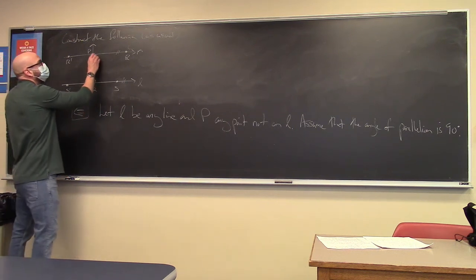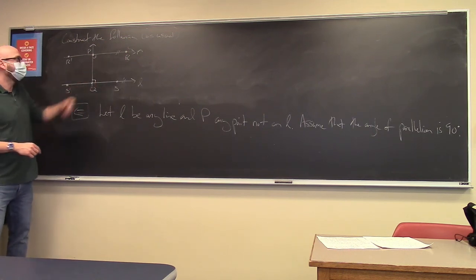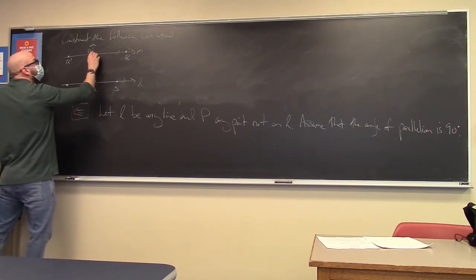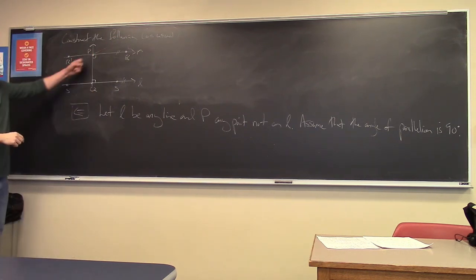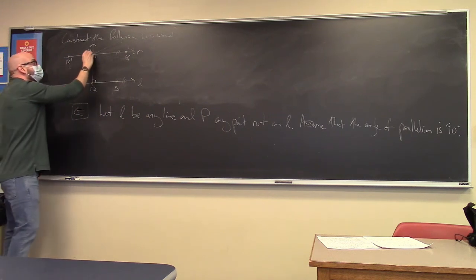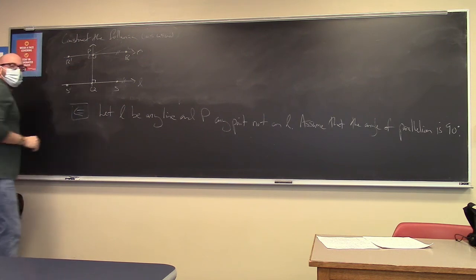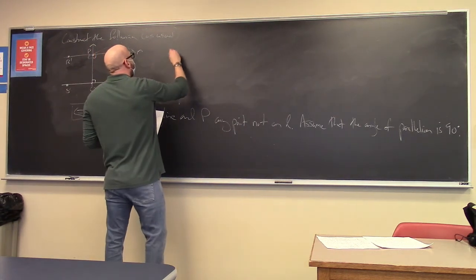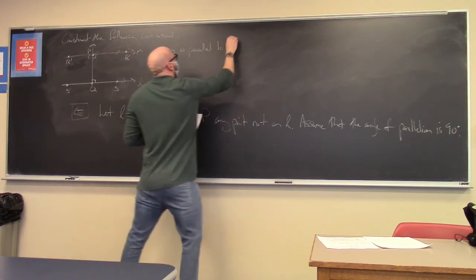Well, if it's 90 degrees, then I can't have any semi-infinite rays like this that are parallel, right? And I also can't have any like this. Why not? Well, because if I try to extend this to a bi-infinite line, this would push over here, and over here, this would be less than the angle of parallelism, because the angle of parallelism on that side is also 90 degrees, right? So it's a very obvious statement that I don't want to write down all of the details for, so we'll say M is parallel to L,